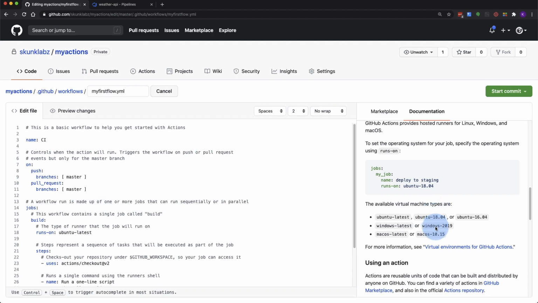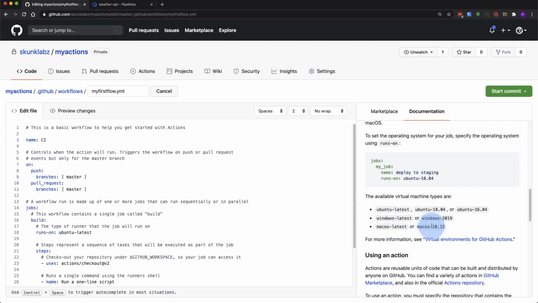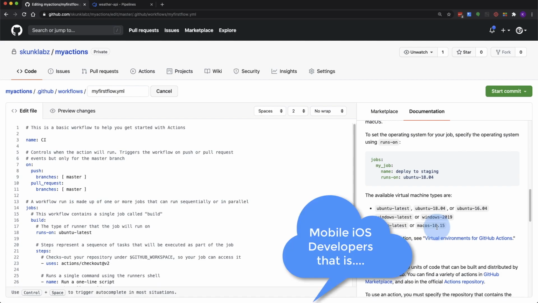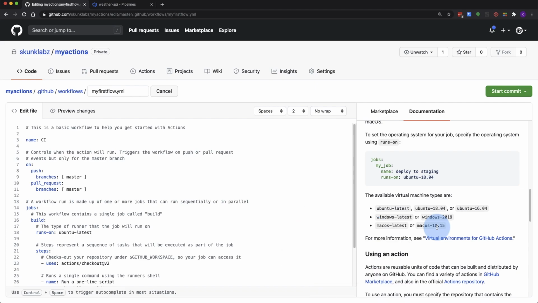I don't know how Microsoft can run Mac OS VMs, because for those of you that are mobile developers, you know that you can only build on a Mac, and Mac OS can only run on Apple hardware. So I'm wondering if Microsoft has data centers filled with Mac machines and this is how they run it, or they run it on old Xserve blades because there's no more